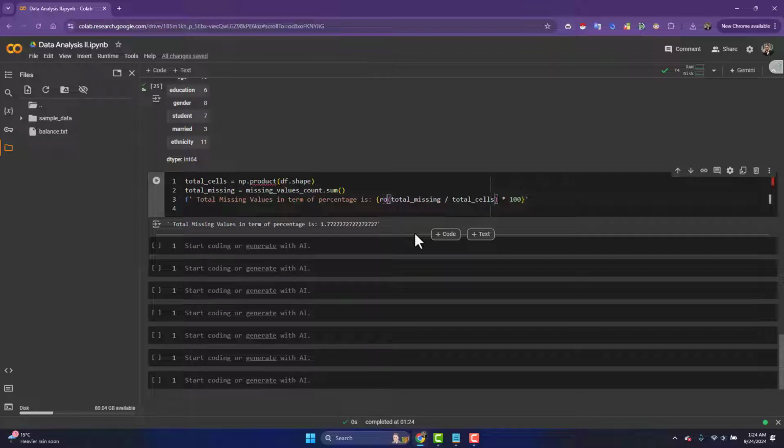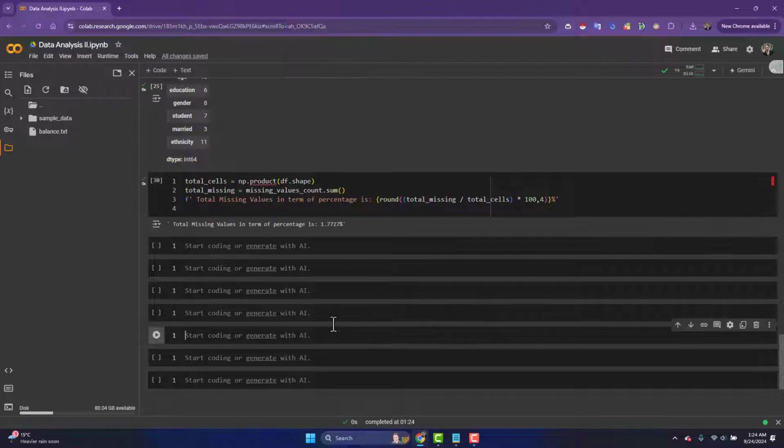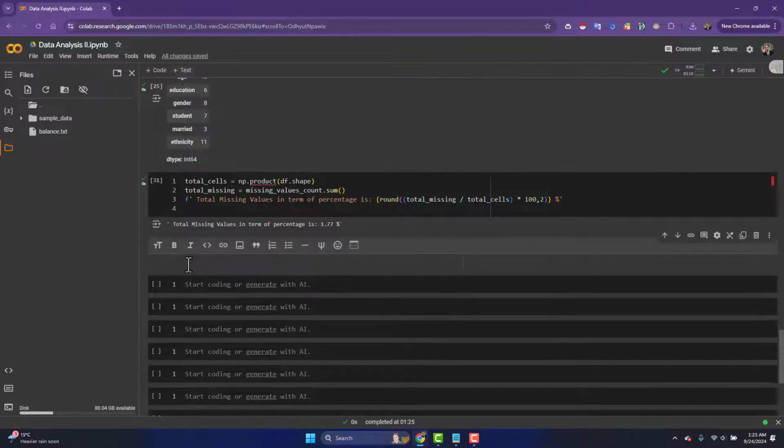and I can put round, right? So I'm just going to put a round, and I'm going to keep it to 4 decimal points. And I'm going to give a percentage symbol over here. So now it will say total missing value in terms of percentage is 1.7727 percentage, right? A little bit of space. I can give 2 decimal points. Yeah, 1.77%, right? Okay, so next I'm going to do is